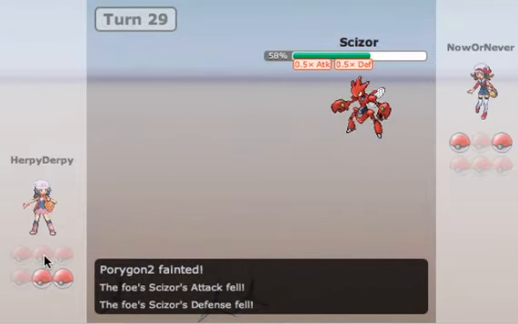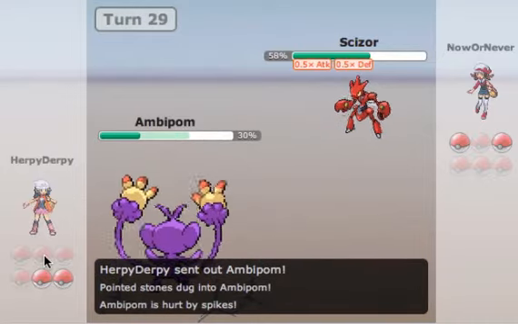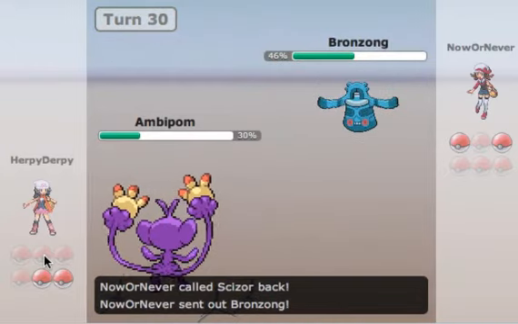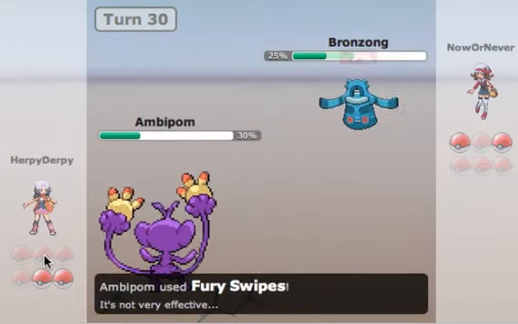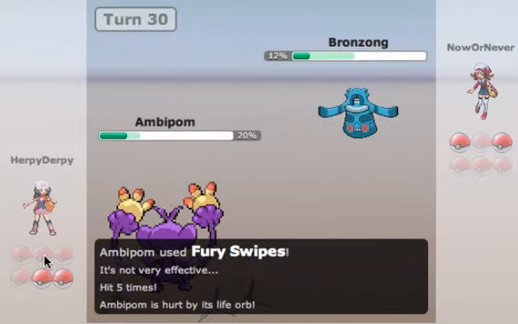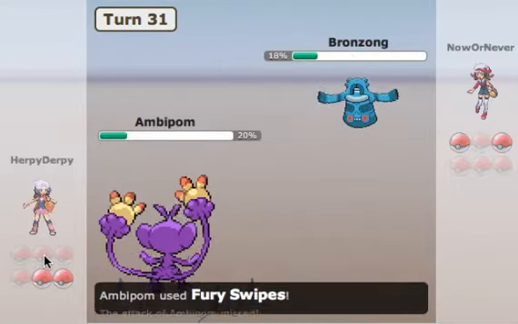So here I'm going to go into my Ambipom just to scare him off again. And he only has a Scizor and his Bronzong left. So I'm going to go for the Fury Swipes because I know he's probably going to switch out. But Fury Swipes does a really nice chunk to the Bronzong. Wow, that's really impressive. So he's going to get a little bit of Leftovers recovery. I'm going for another Fury Swipes, but I